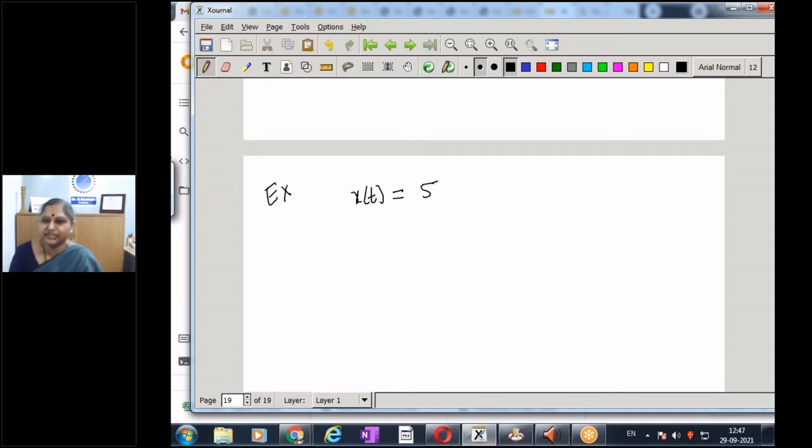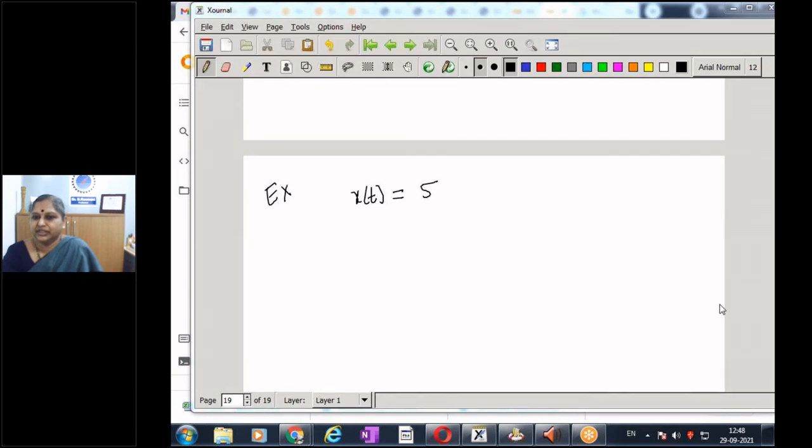What do you think will be the Fourier transform of it? Just guess by understanding what the Fourier transform is. We may go wrong in the magnitude, but suppose something is constant for all time, something like a DC signal. What do you think its Fourier transform will be? Like how I said, a cosine signal of a given frequency will have the Fourier transform at that particular frequency only. So what do you think will be the Fourier transform of a signal that is constant?